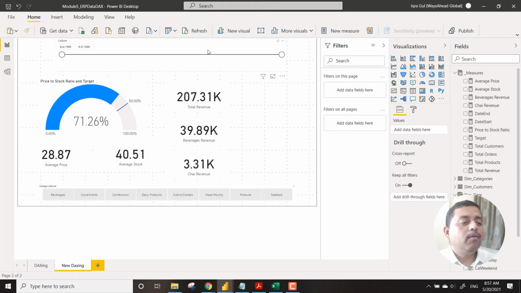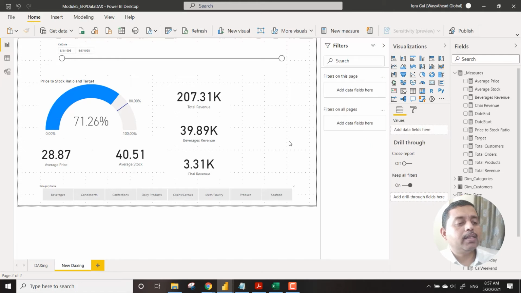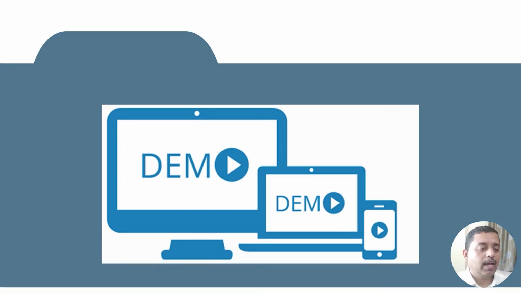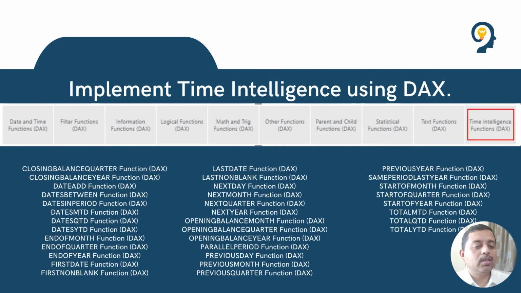Now fundamentally what we want is, there are certain cases where we don't want to see the entire data, but we wanted to work on the intelligence functions actually. So we can see time intelligence functions. So we have something like the next day, end of the year, and MTD, YTD, QTD, and all these things are there.